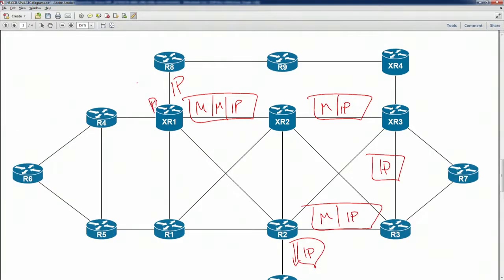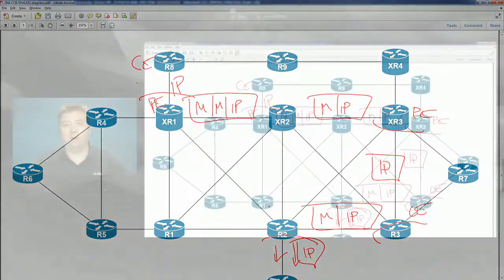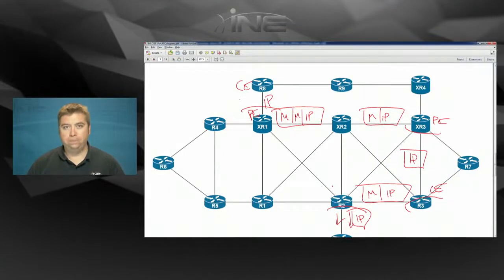We're doing the PE to CE config from XR1's point of view to router 8. We're doing the PE to CE config from XR3's point of view to router 3. We're doing it from 3 to XR3, and then from router 2 down this way. The other consideration is when we're doing the inter-AS exchange between router 3 and XR3,